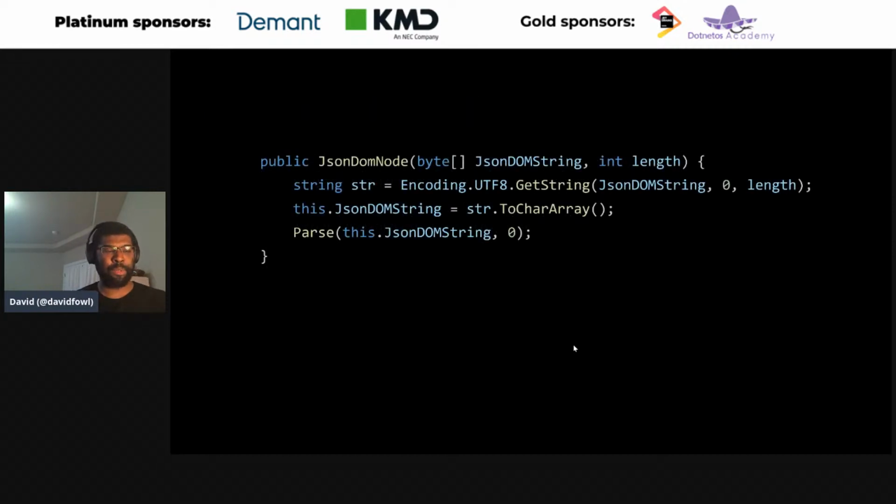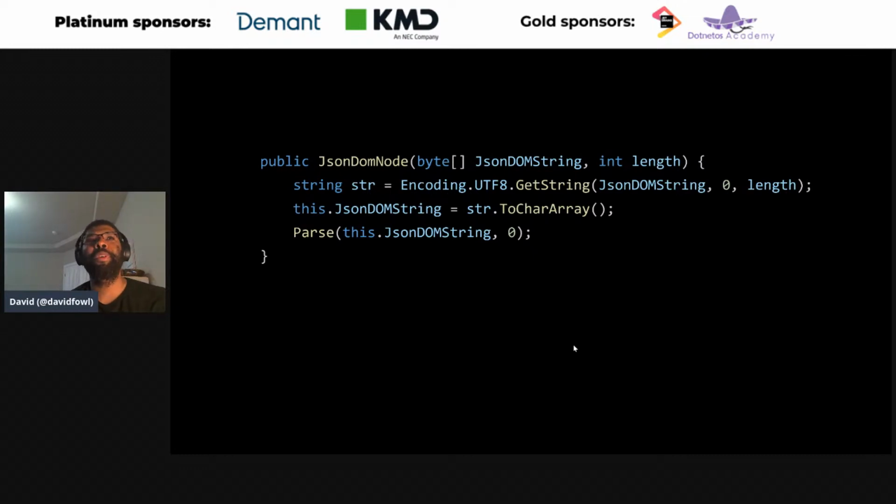This is a very simple one where someone was trying to parse, I assume, a UTF-8 JSON byte array DOM string. Does anyone see the issue with this? I can't see your comments, but I'll give you a second to look. So it calls GetString on the actual DOM string, then calls ToCharArray.